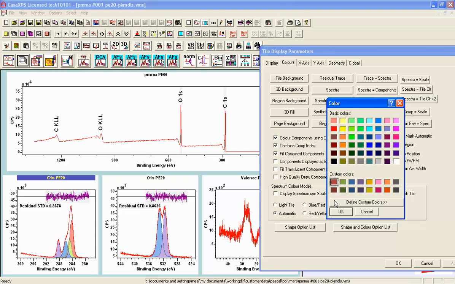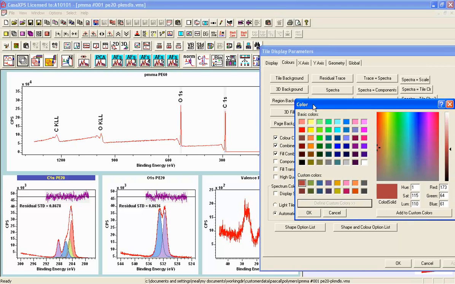Now if I want to change these, I can use the option to define the custom colors, and the first color that I need to define is for the peak with two carbon atoms, and that was orange. The second one was brown, and that's the CC carbon. Then the CO, that was green, and then the CC, that was blue. So I've now identified these component peaks with a new set of colors,